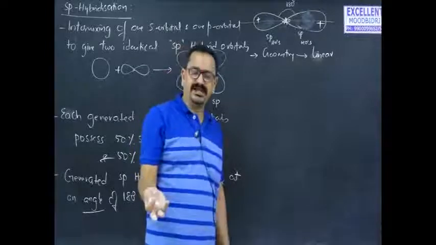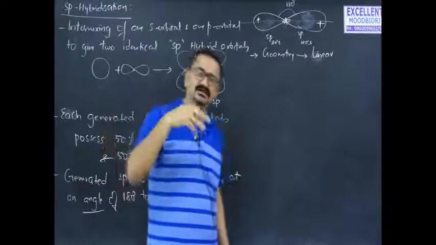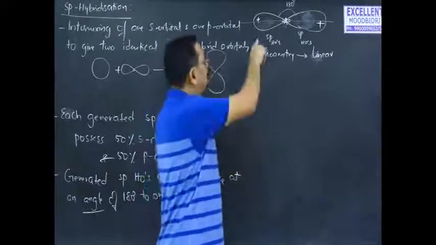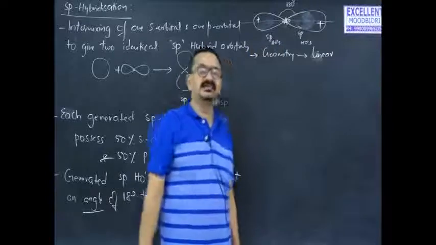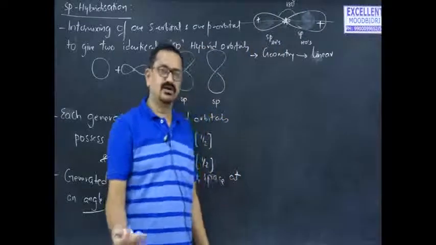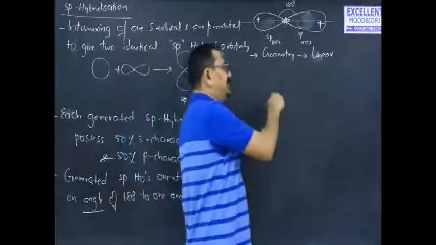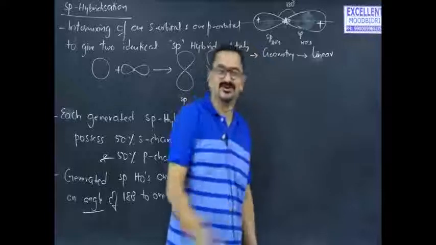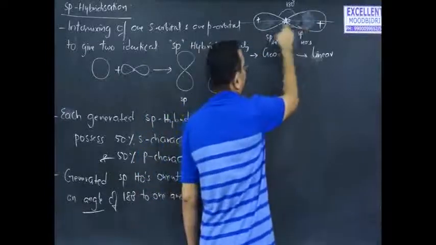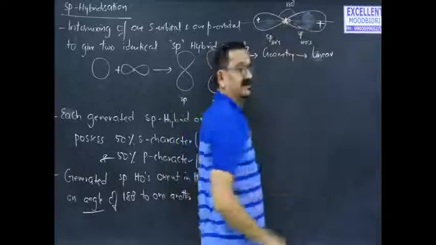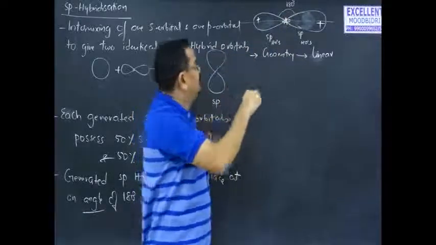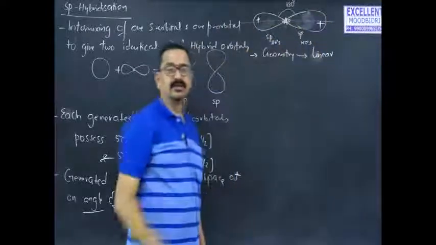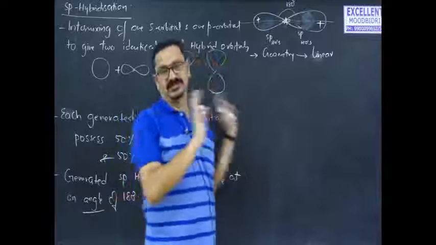Due to some properties, neighboring group effects or lone pair effects, if any deviation or distortion is shown from this geometry, then the resulting arrangement is called structure. Geometry and structure are the same when the same arrangement is shown even after bonding. If these two sp hybrid orbitals are oriented in a linear manner, and they overlap with other atoms and are still in a linear manner, then structure is the same as geometry.